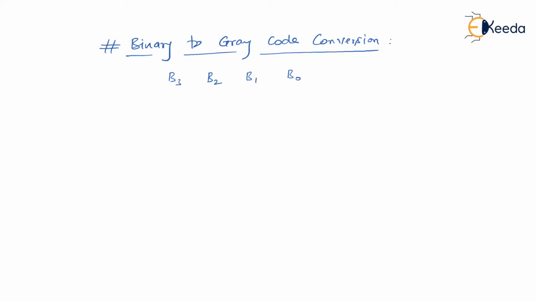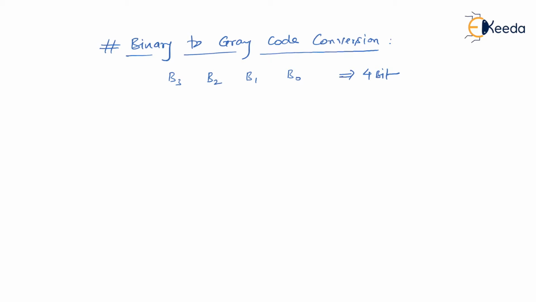As I said, since the binary code is 4-bit in size, the resultant gray code will also be 4-bit in size, denoted as G3, G2, G1, G0. So what is given to me is B3, B2, B1, B0. What I have to get is G3, G2, G1, G0. Please understand, each B indicates either logic 1 or logic 0, and the same for the G variables also.